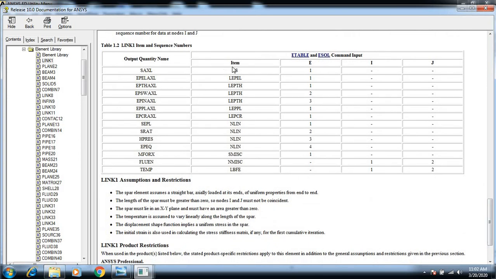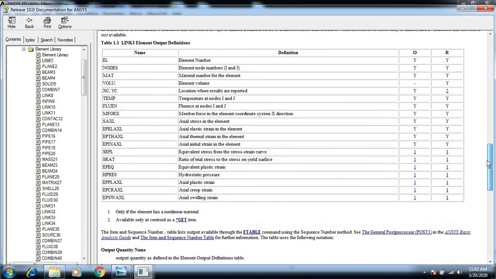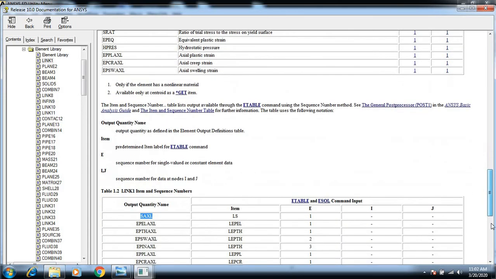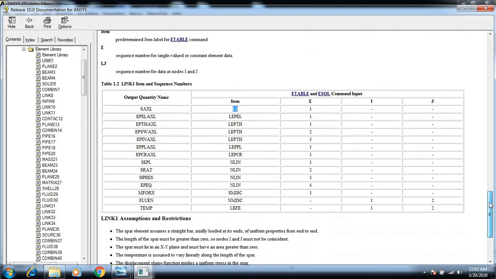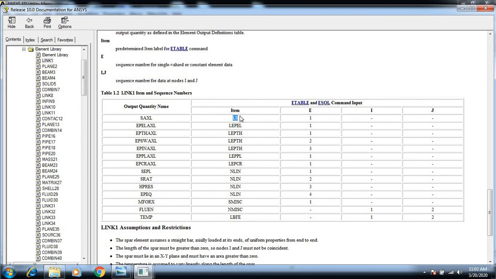See, here you can see I have given LS comma 1. What do you mean by this LS? The description has been given by the software developers. LS comma 1 means you are going to find out the stresses along axial direction. Generally whenever you click on solve, solution current LS, there are n number of iterations happening, and you are going to get these many results, which is not necessary for us. So the necessary result will be taken by giving a code like this, LS comma 1. That is the purpose why exactly we are giving LS comma